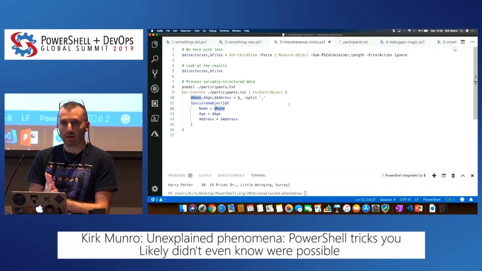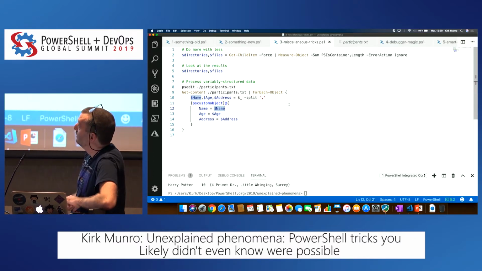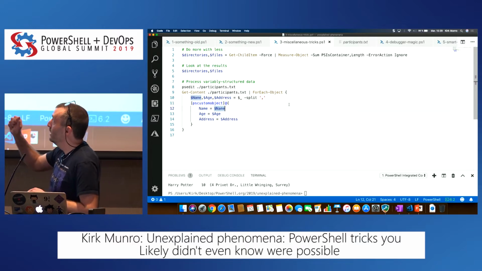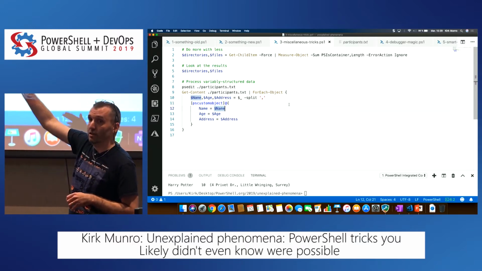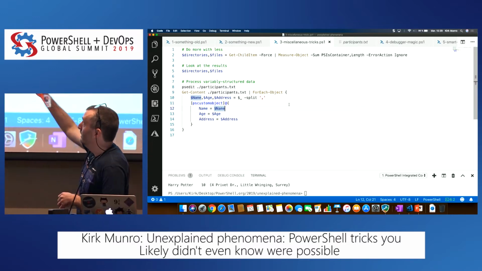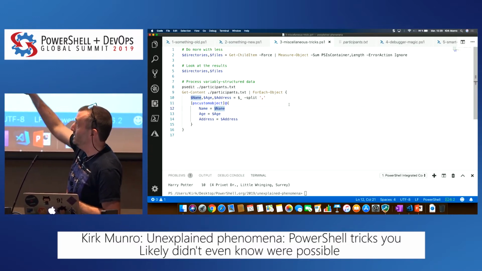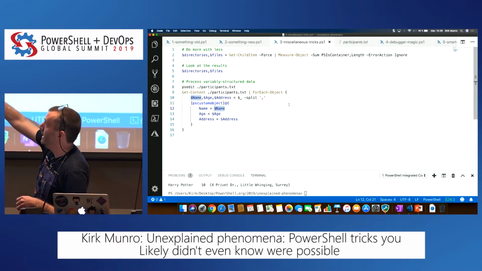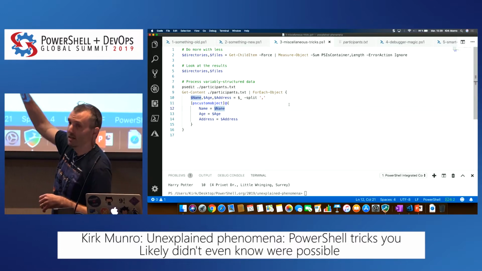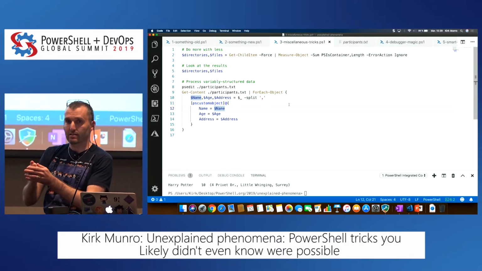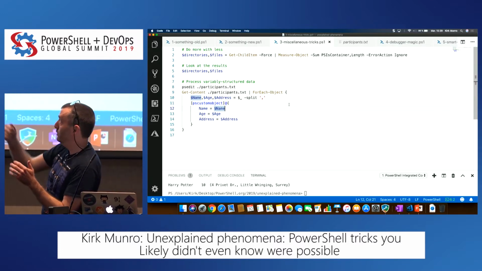Yes? On line 2, is the number of variables you have supposed to equal your number of output objects? That's a great question, so I'm glad you called that out. So the question is, when I'm assigning values to a comma-delimited collection of variables, is it based on the number of data items that are coming back? And the same thing for line number 10. And the answer is yes. So when I do directories, comma, files, I'm saying take the first object that comes back and put it in directories, take the second object and put it into files.